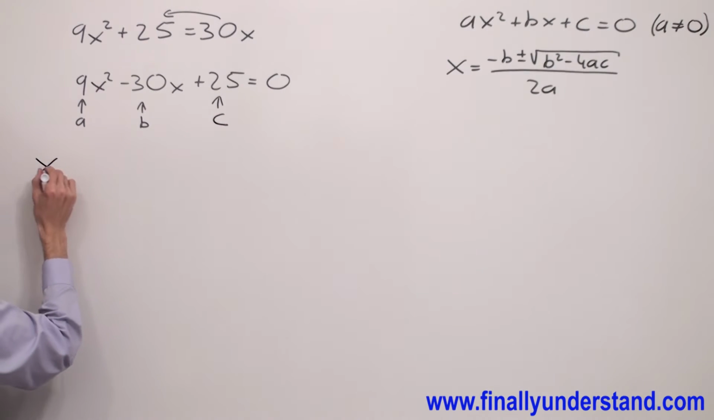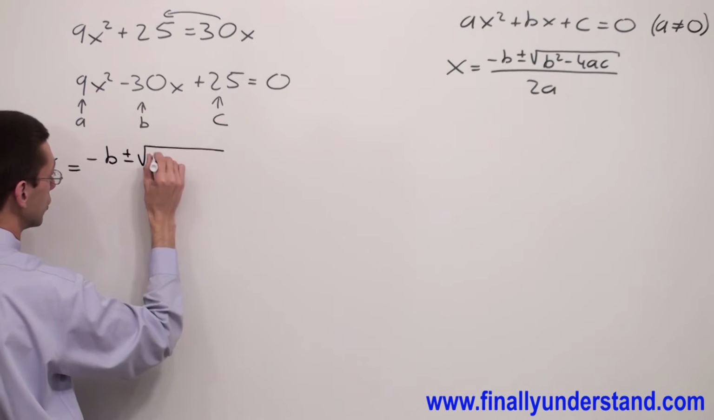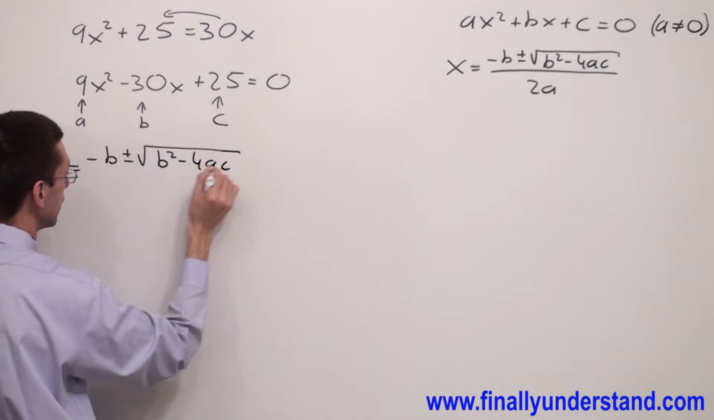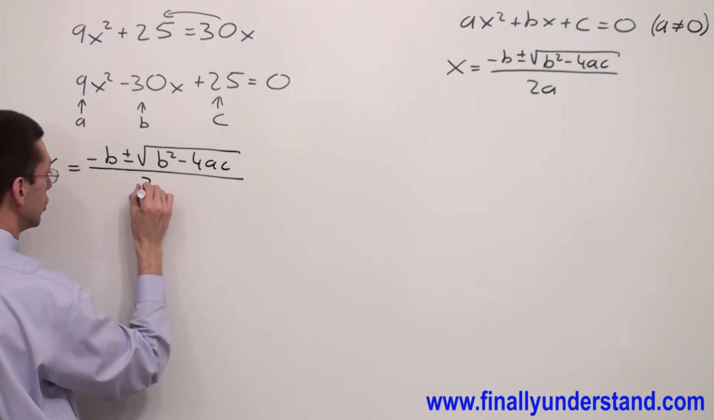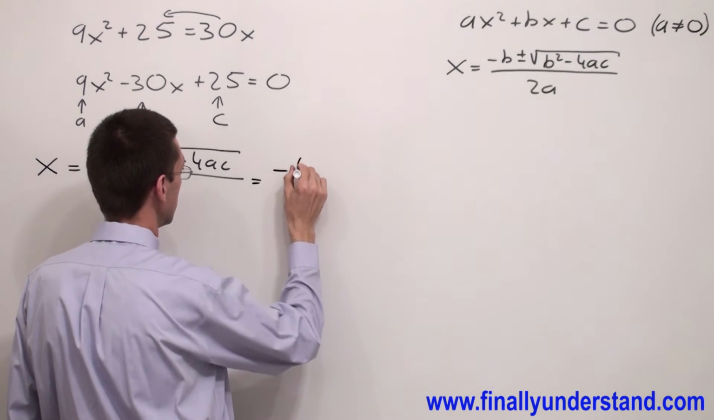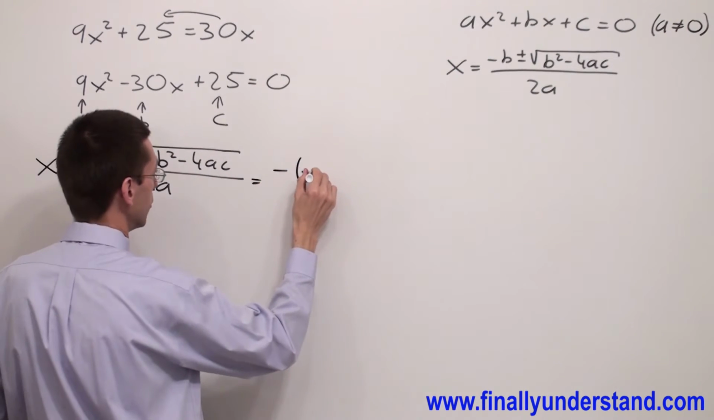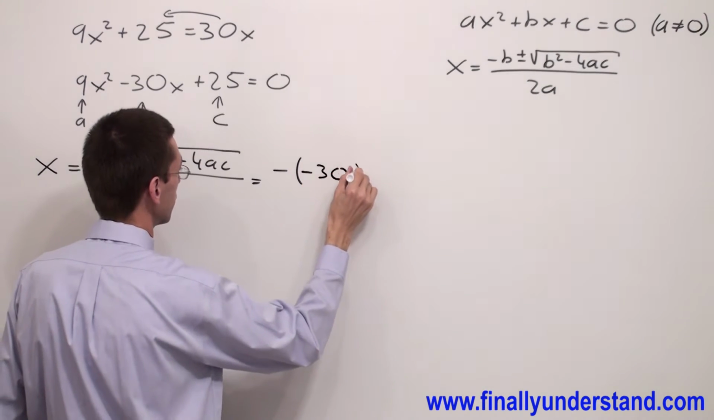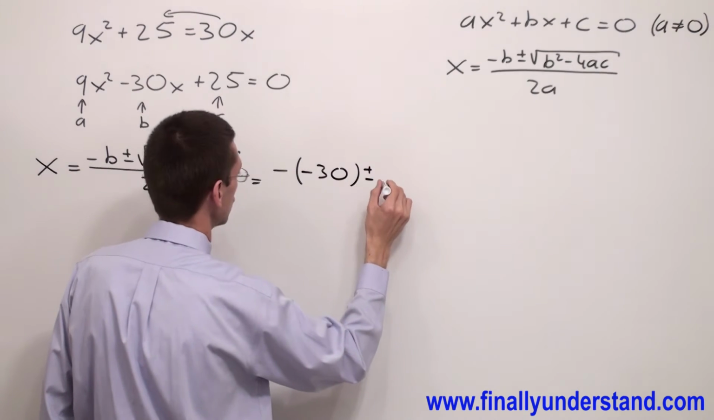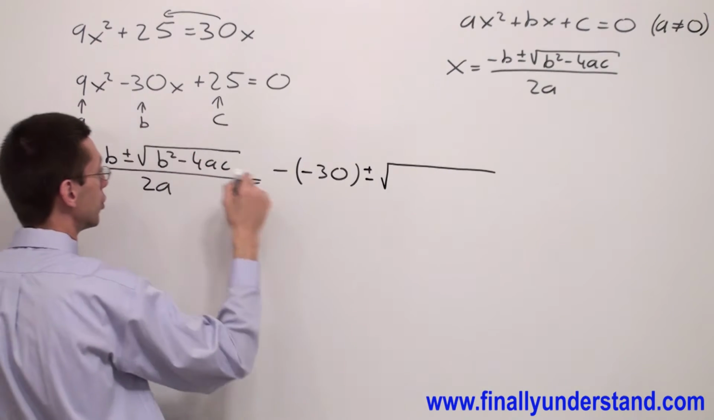Always write the formula first. X is equal to negative B plus minus square root of B squared minus 4AC over 2A equals negative. Keep in mind this negative comes from the formula. B is negative 30. This negative comes from the equation, plus minus square root of B squared, negative 30 squared